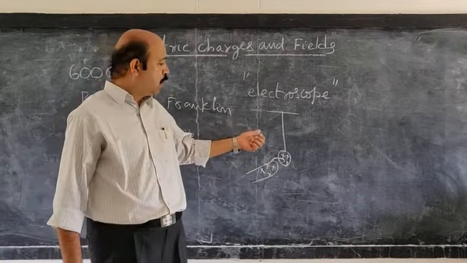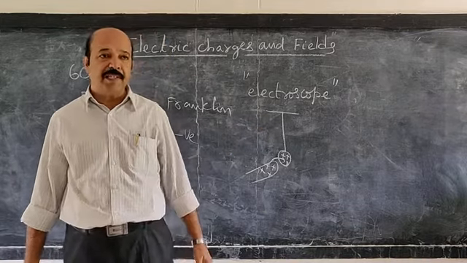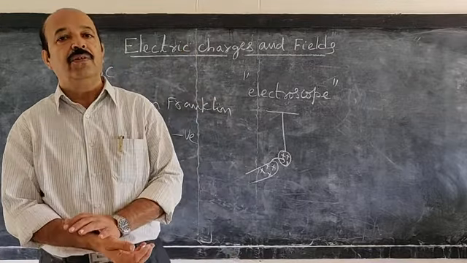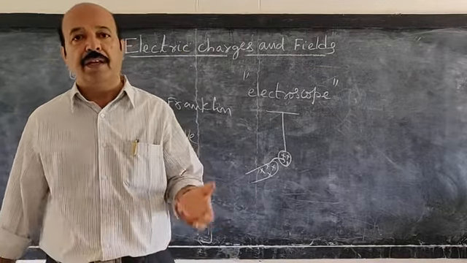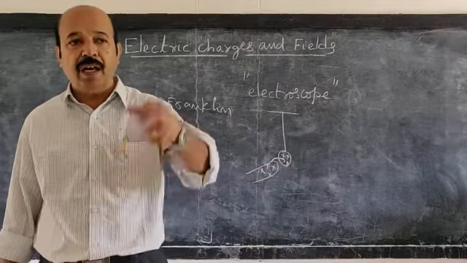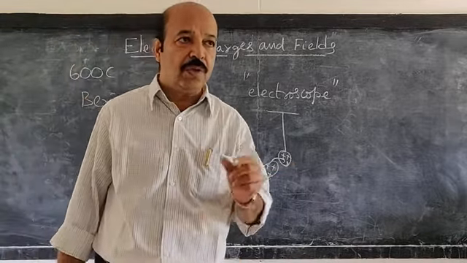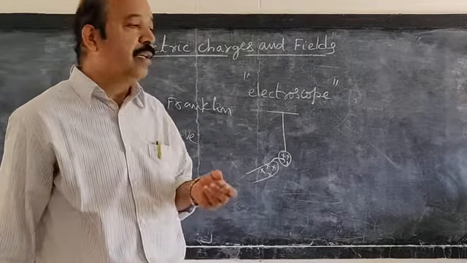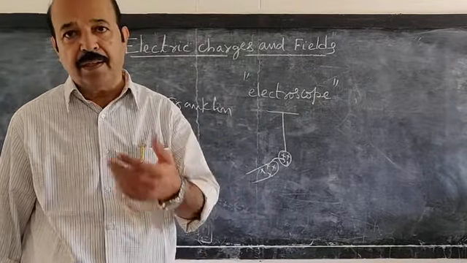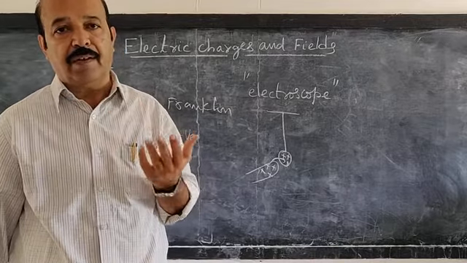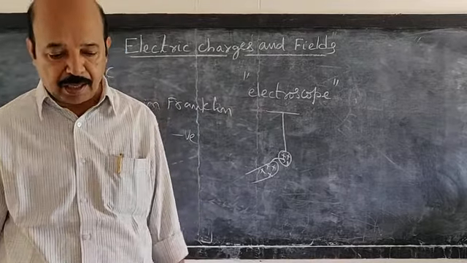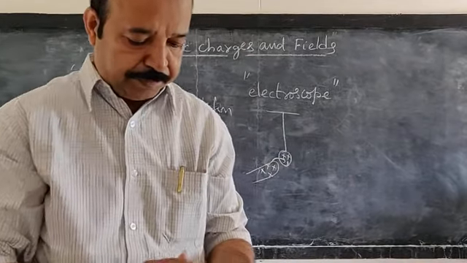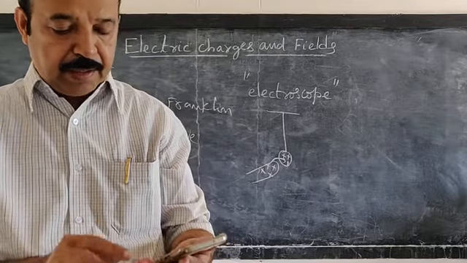An electroscope made up of gold leaves is also known as a gold leaf electroscope, which is a sensitive instrument. You can easily detect the charge on a body even at a distance from the knob of the metal rod. I am showing you one simple model which you can construct yourself and can test whether electric charge is present on a body or not. So let us see that video. I will play it for you and you can see it.